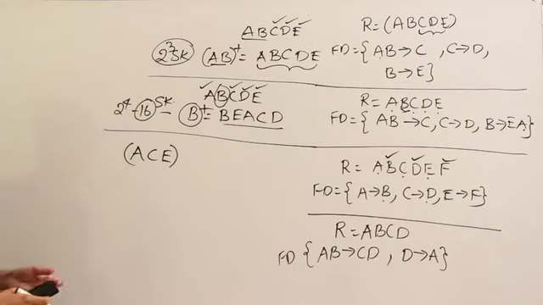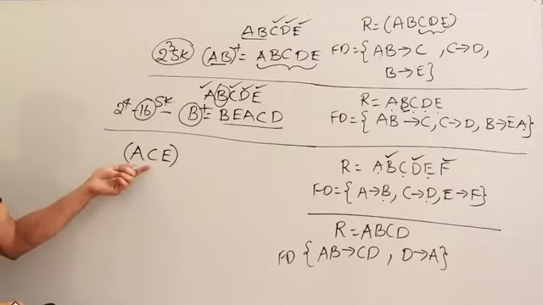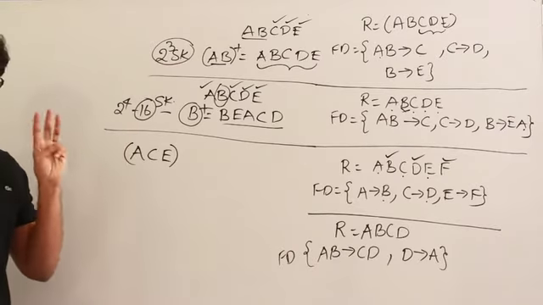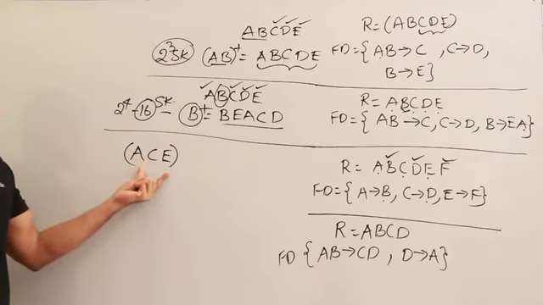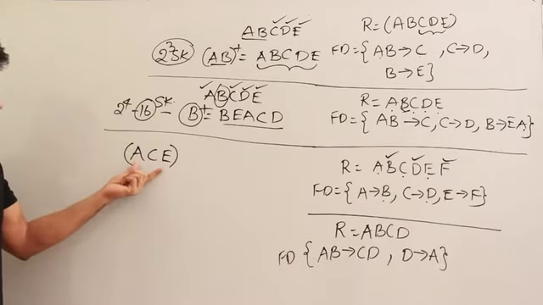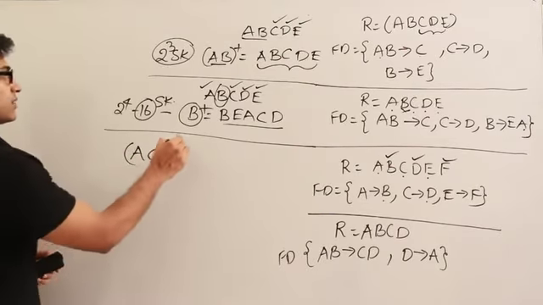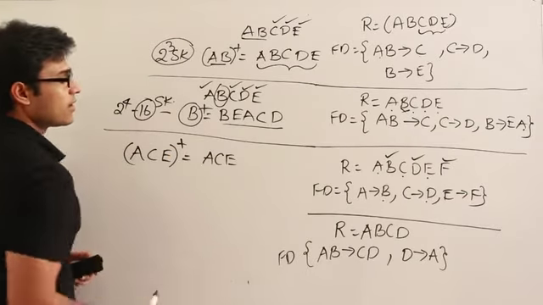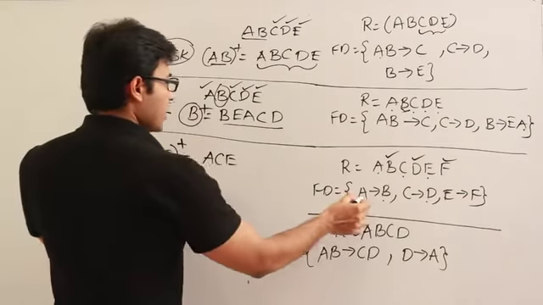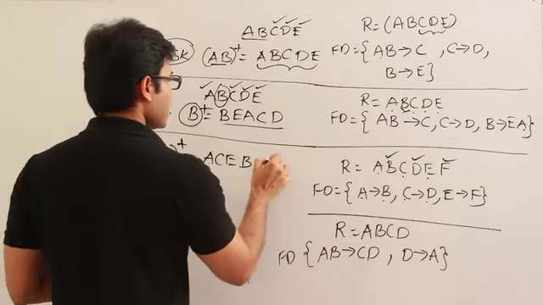So what does it mean? There will be no key possible which will contain only one attribute or two attributes, right? It should definitely contain 3 attributes, and the minimal with 3 attributes, this is the only one possible, right? And if it is not the candidate key, we have to go to the 4 attributes and check them. So anyway, let's see this. So ACE plus, what does it contain? ACE, and then because of A I get B, because of C I get D, and because of E I get F, right?